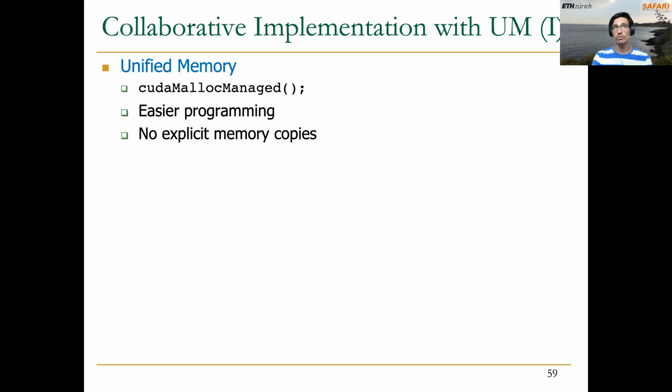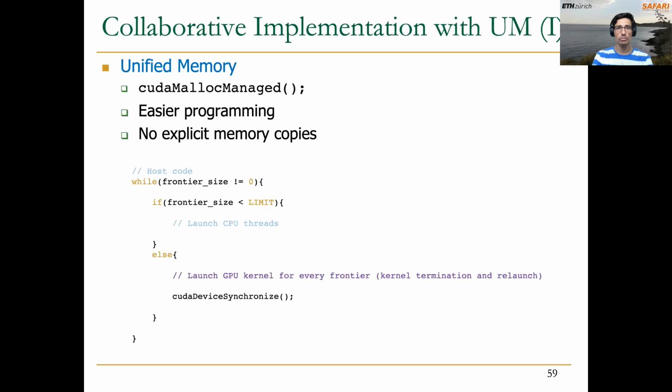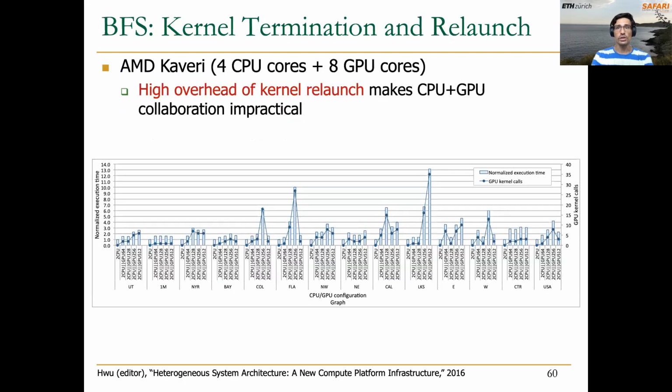With the unified memory, it might be easier to program because there are no explicit memory copies, but we would proceed in a similar way. So in this case, what we are going to do is launching the kernel for every new frontier if the size of the frontier is above the threshold. The problem with this approach, even if we are using unified memory, is that there is a high overhead of